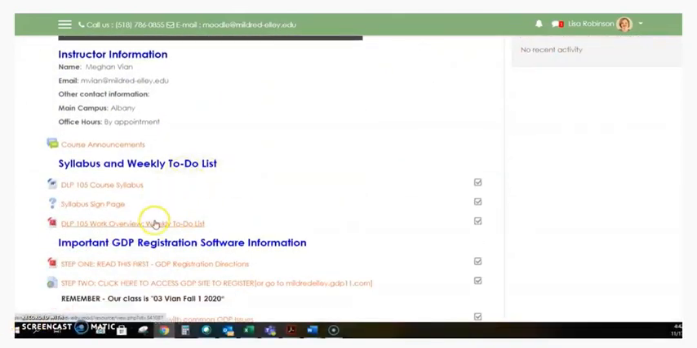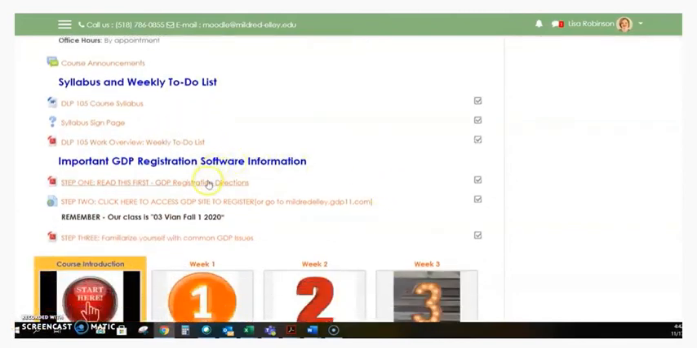So after the syllabus and the work overview is where you're going to find the information that you need for GDP, which again, like I said, is the website where you are going to complete your typing lessons. So it tells you right here, step one, read this first. These are the directions for registering for GDP. And you're going to follow those directions once you click on this link right here to go to the GDP